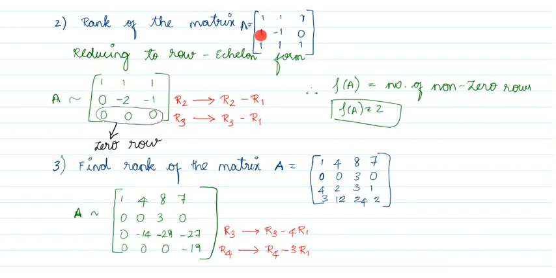See, always concentrate on making the first element of R2 and R3, that is row 2 and row 3, as 0. How can you do that? Usually do not disturb R1. See to it that the pivot element is always 1. If it is not 1, try making it 1, either by exchanging two rows or two columns. And you can do some arithmetic operations in order to achieve the required echelon form.